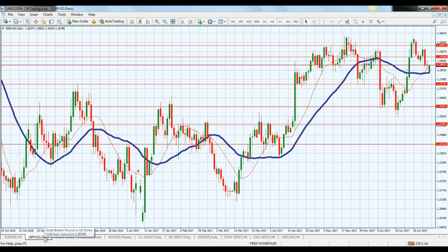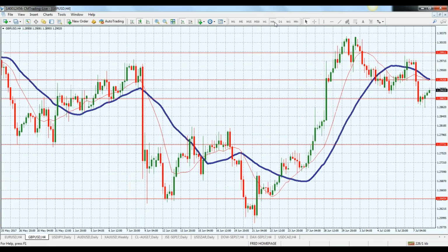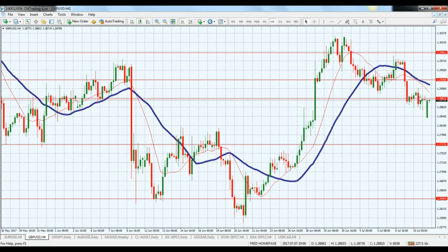Look at the GBP USD, a little bit of a retracement yesterday. We bounced a little bit yesterday after selling off in the morning, holding this 128.25, but it's not selling off completely. We do have a resistance level further at 127.73. I thought it would hold a little bit stronger, but as you can see, the GBP is not holding against the dollar as much as the euro has been holding,